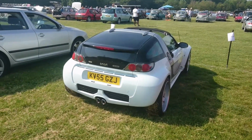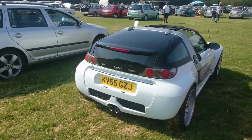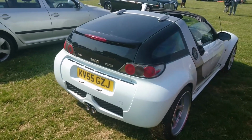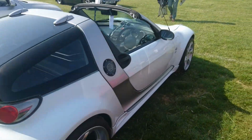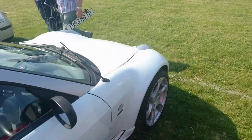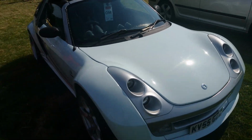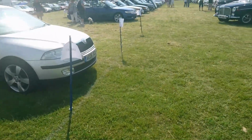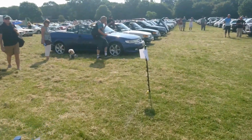It was smart. It's sort of the smart roadster or coupe they called this, or both. This is the Brabus version, 2005 to 6. Didn't make a lot of these, not very many at all, not even the standard ones. I think it's actually got the correct wheels on it, but I could be wrong. I'll have to skip that Skoda view, as I've noticed a little badge on the back, which means we'll have to move on